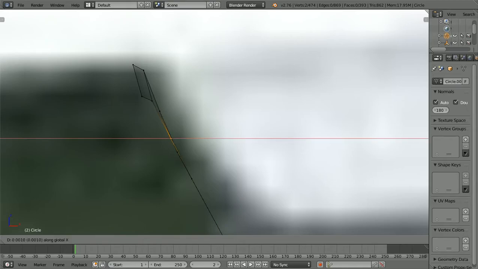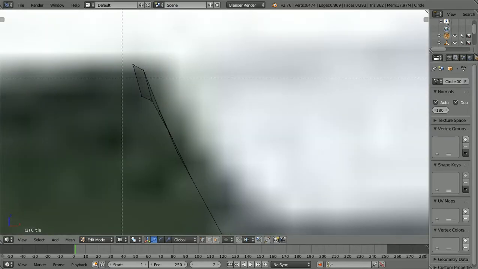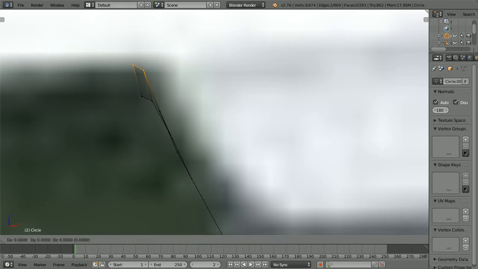Grab it to the X. Actually, grab it to the Z, grab it to the X, grab it to the X,